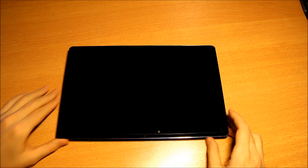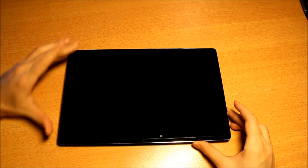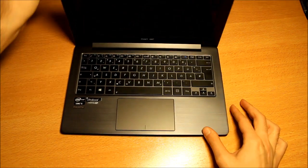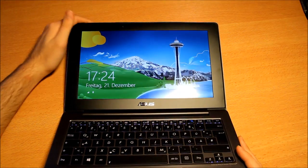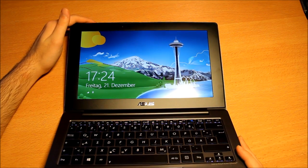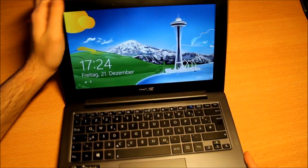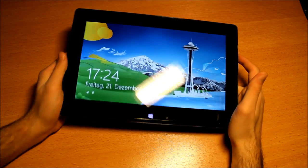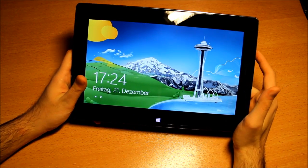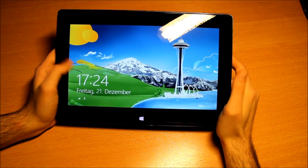So let's check the Taichi. This is the Asus Taichi, the 11.6 inch model, with 2 screens. We have the out-facing screen, and also we have the in-facing screen here. The in-facing screen is, I would say, kind of a matte screen, but not really matte. It's a little bit glossy, but not like the out-facing display of the Taichi, like this here. It's really glossy. My room is not very bright, so you can see this here, but outside, direct sunlight would be a big problem to use the Taichi with the out-facing